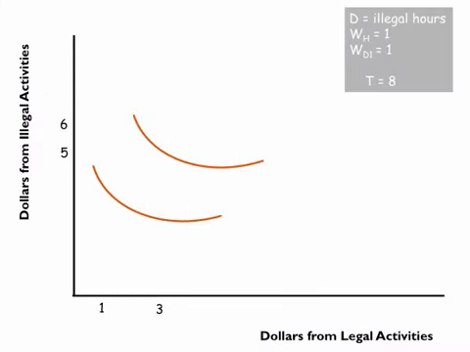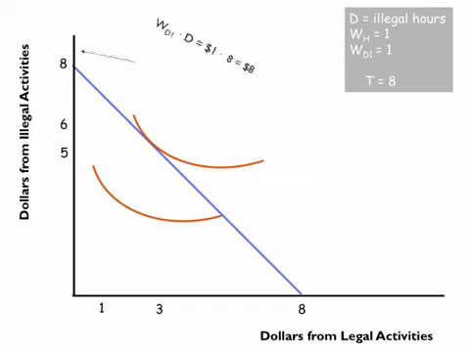Okay, so I want to go over that answer to the question we did for bonus points about the paradox of crime. I gave you the x and y plane, and I also gave you the indifference curves. On the horizontal axis, we have dollars for legal activities, and on the vertical axis, we have dollars from illegal activities. The initial wage is $1 per hour, so if this person works 8 hours on legal things, he'll make $8. And if he worked 8 hours on illegal things and nothing else, he also makes $8.